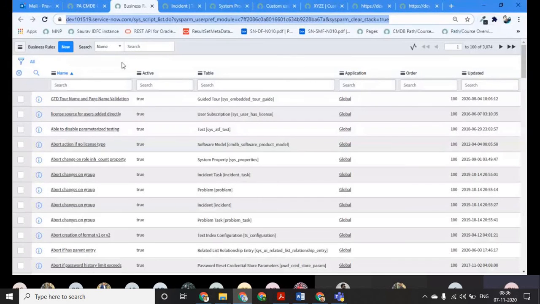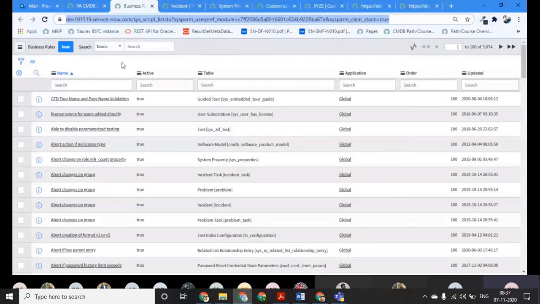So we have different versions of business rule in ServiceNow. There are two kinds of business rule. First, you want to perform something before doing anything. Another, you want to perform something when you are done with the database, right? For example, if I am registering myself, before the registration details are sent to the database, I want to put some validation, right? Where will I do those validations? I will use the before business rule.